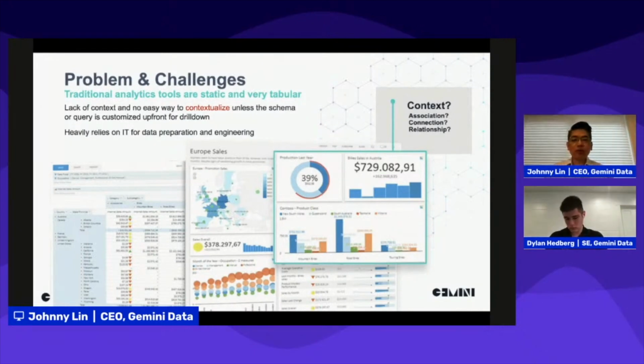But the problem is, there's a lack of context. Unless you ask IT or your developers to prepare those upfront schemas or queries, you will not be able to drill down into these charts or reports, right?